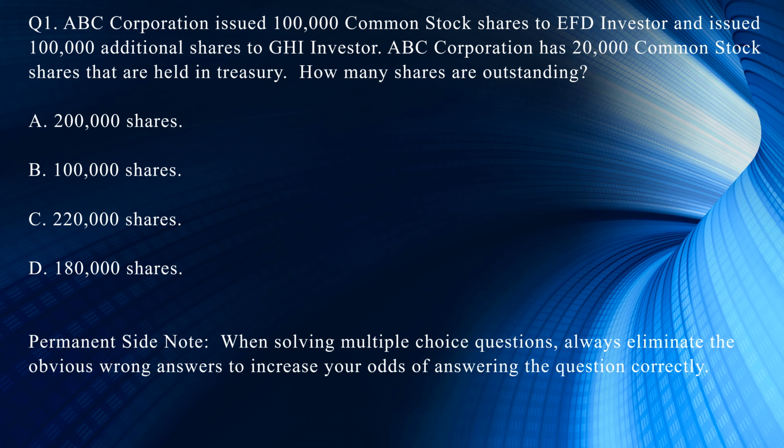We're not finished yet, because there are additional facts surrounding the question, and those facts are ABC Corporation has 20,000 shares that are held in treasury. So we need to subtract that 20,000 shares that are held in treasury from the 200,000 total outstanding to come up with 180,000 shares outstanding, which is